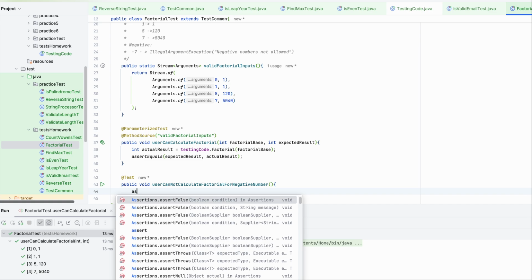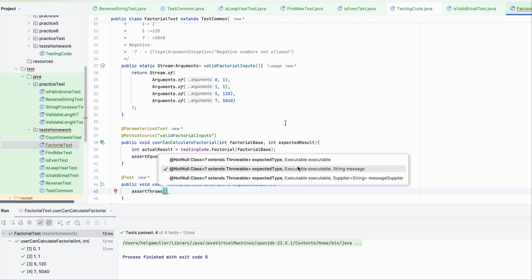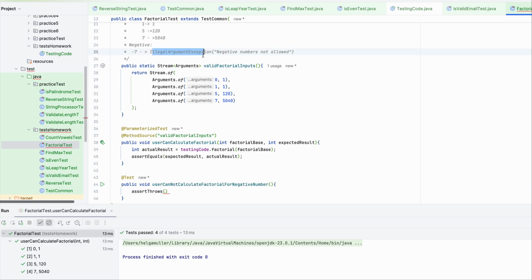I know. First throws, and it should be illegal argument exception, right? Class. And